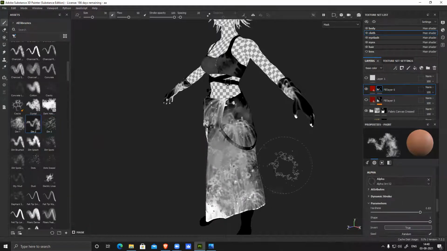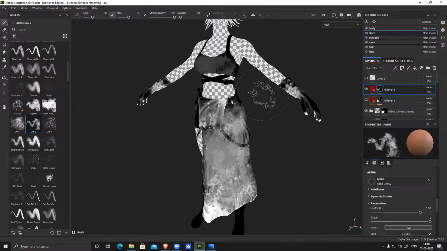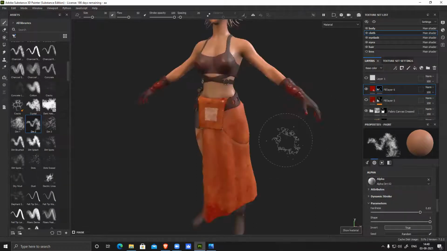Not, this is not nice. Like, generate and then place it. So then go back to M.